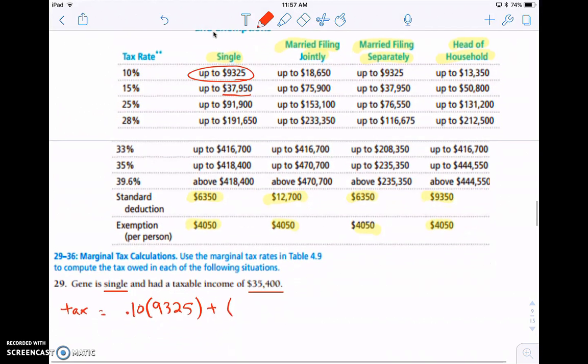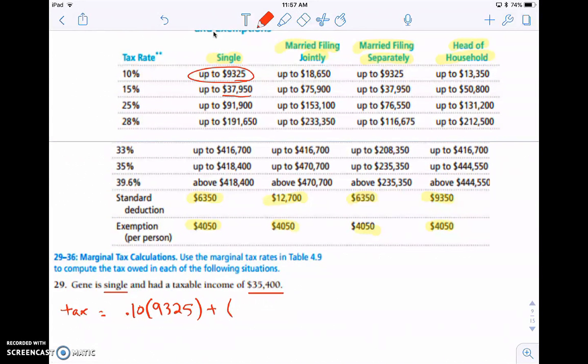Well, Gene made $35,400. So what we're going to do is, whoops, I forgot to put, so plus, now we're 15% times the amount of money that you earn between 35,400 and 9,325. So you just take the difference,